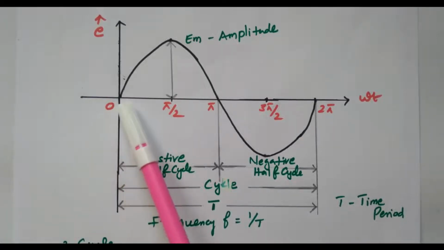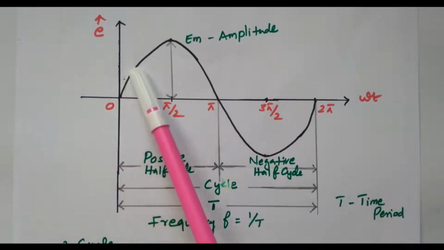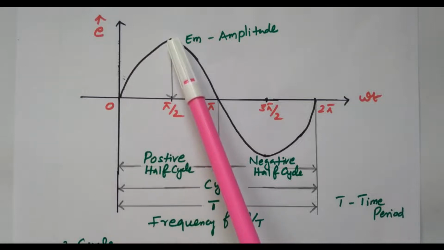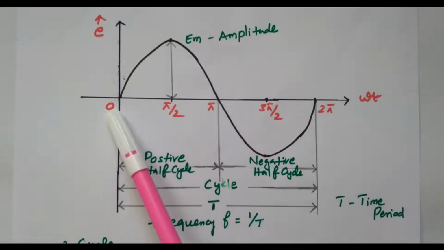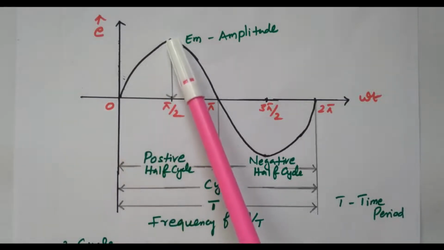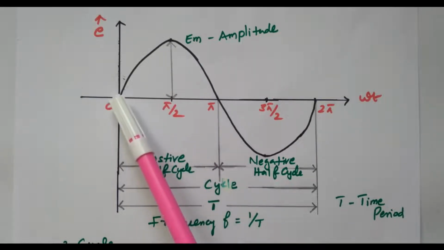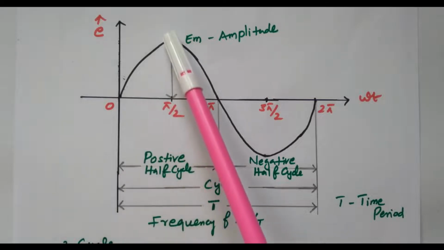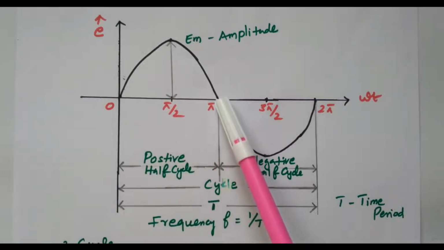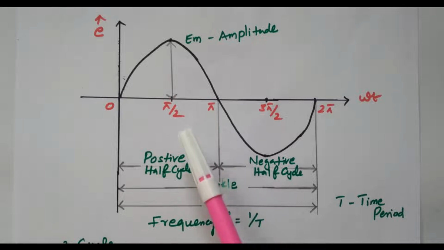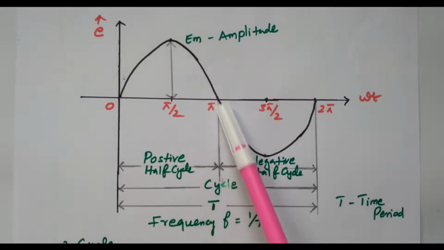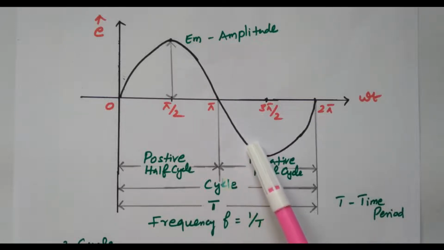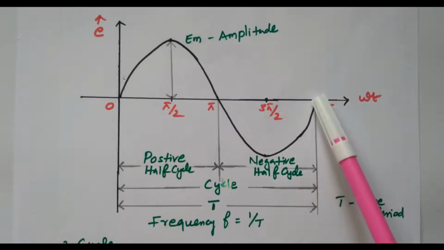See, at 0 degree the voltage is 0, then it keeps on increasing and reaches the maximum value. Here sine theta equals 0 degree, here sine theta is 90 degree. In between it varies from 0 degree, 10, 20, 30, 40, like that. Thereafter it decreases again and reaches 0 again at pi, 180 degree. Then the same thing is repeated in the negative cycle. Again the waveform increases in the negative region, reaches the maximum value, then decreases and reaches the 0 value at